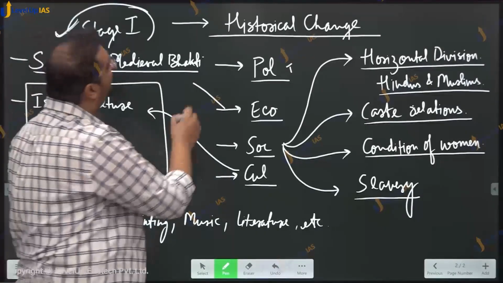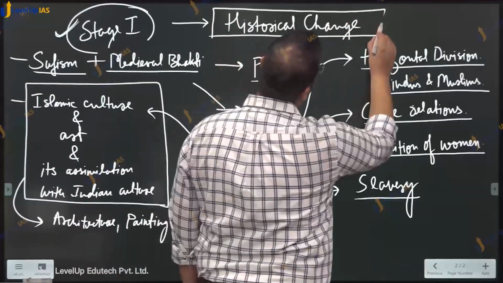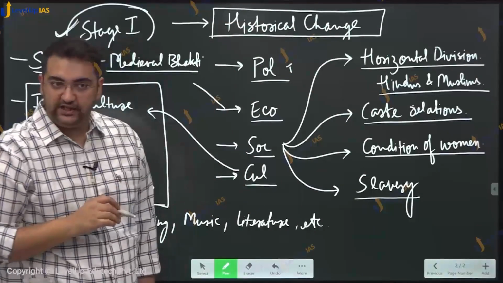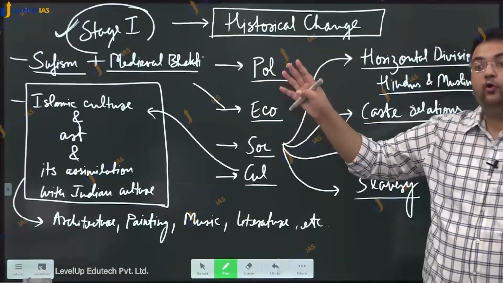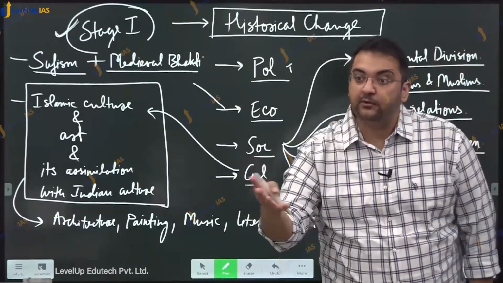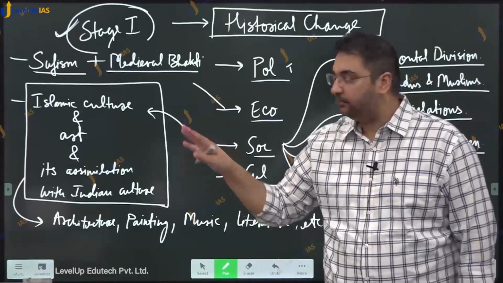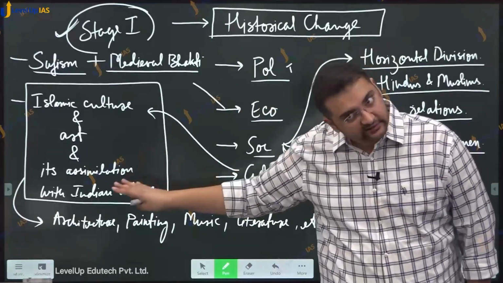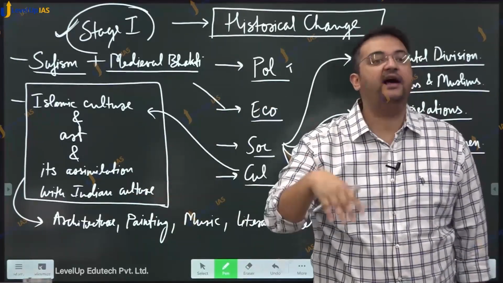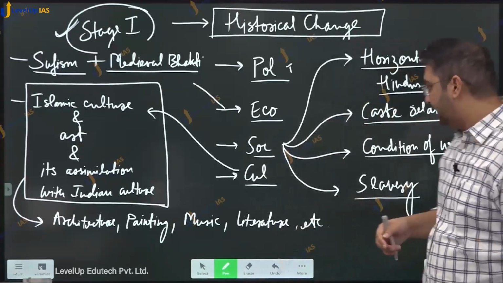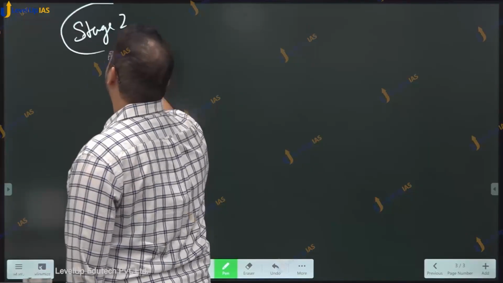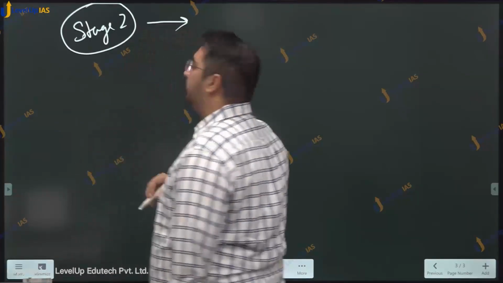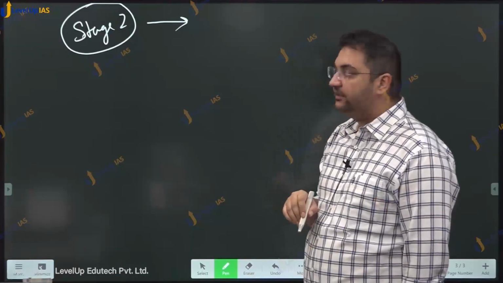क्या करना है हमको यहाँ पर? वी नीड टू अंडरलाइन द प्रोसेस ऑफ हिस्टोरिकल चेंज. ठीक है, नाउ अलोंग विद दिस स्टेज कुछ और पैरेलल डेवलपमेंट्स भी हमको साथ साथ में कवर करने हैं, बट ये बेसिस है. दिस इज गोइंग टू बी द फाउंडेशन फॉर द हायर लेवल ऑफ आवर एनालिसिस. स्टेज 2 is going to consist of